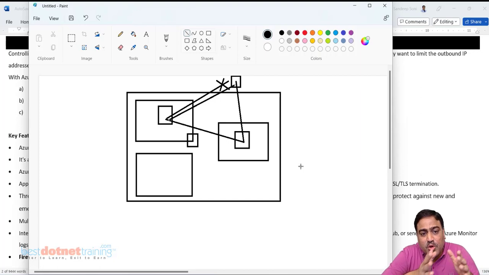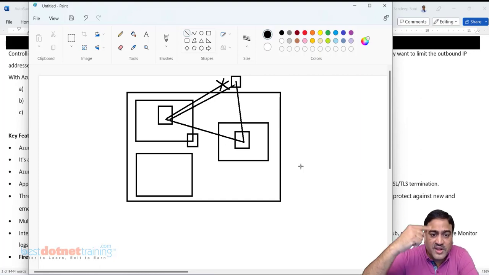In NSG, inbound rules are absolutely different and outbound rules are absolutely different. Inbound rules, if created, don't have any impact on outbound rules. And outbound rules created don't have any impact on inbound rules. Firewall is not like that. Because you are not able to get the response, the firewall will block it. The circuit doesn't complete, the connection doesn't complete, and we will not be able to browse.